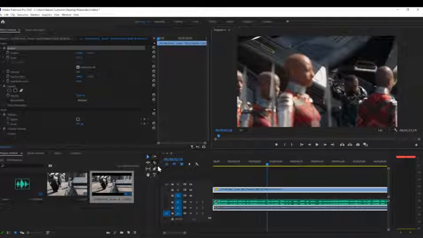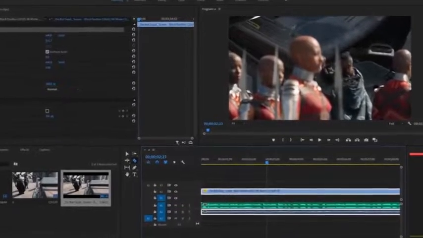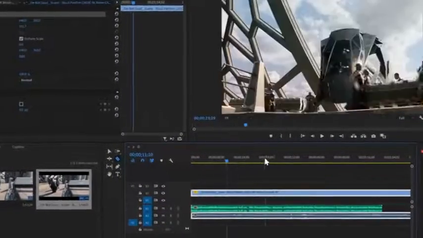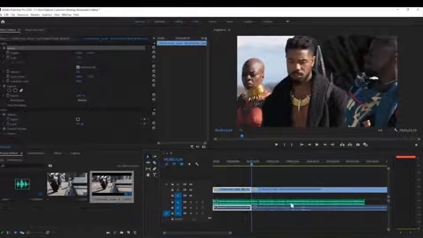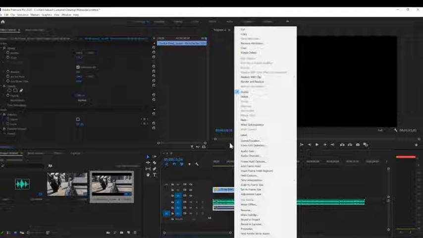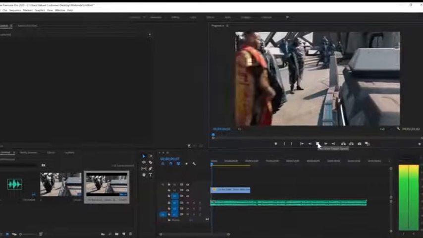What I'm going to do is I'm going to go and get the razor tool, and I'm probably going to find where the, let's see where the 15-second mark is, somewhere around here. Let's just say right here, 15-second mark right here. And then I'm going to go ahead and delete this. I'm going to delete the sound layer here, and then obviously when you're playing it,